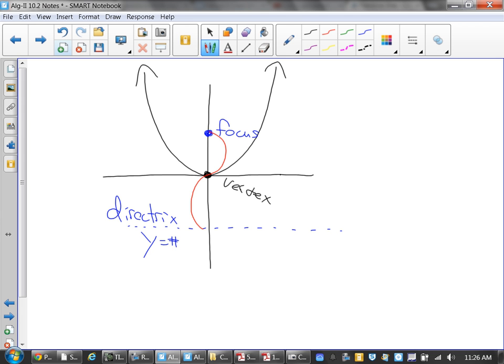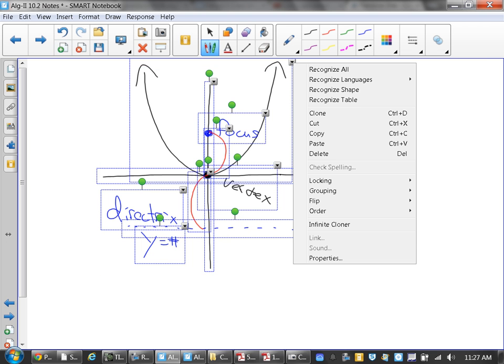What's going to be kind of cool with this is that you're going to be able to use these same values. Now today, like I said, everything's going to be centered at the origin. Our vertex is always going to be at 0, 0 for today. We're going to work on writing equations and graphing things a little bit differently depending upon a focus or a directrix, because it gives you enough information to set the curve. This is going to be the same type of information